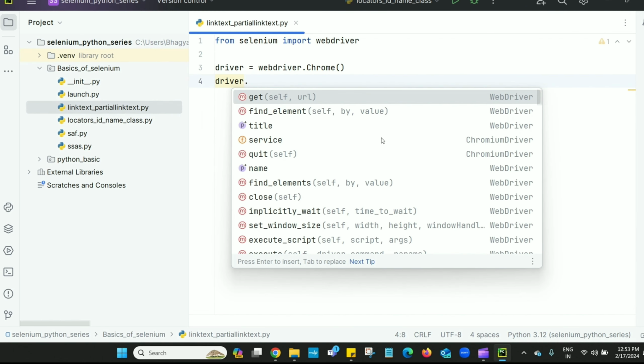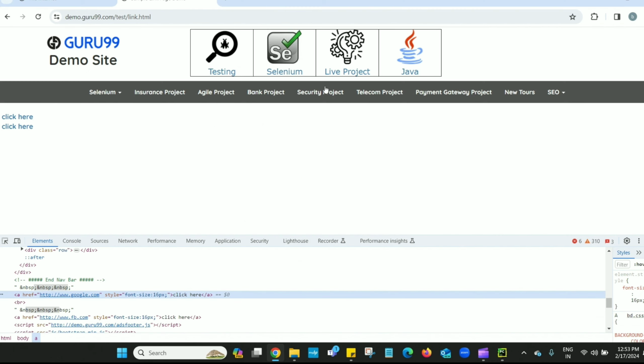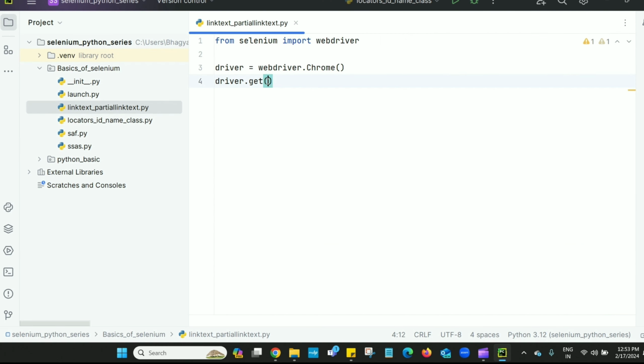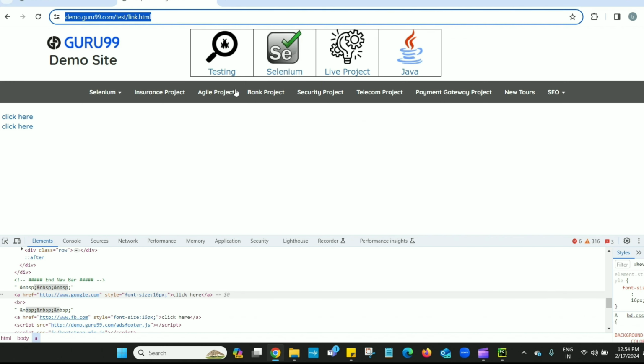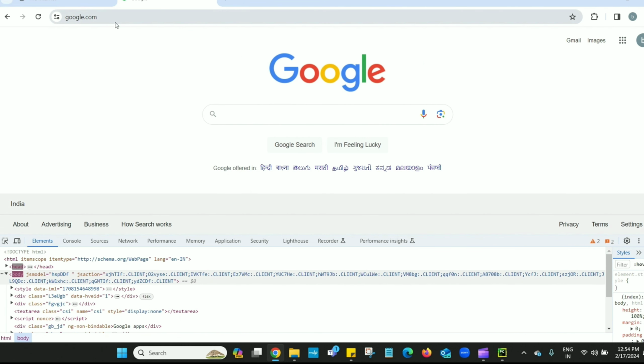From Selenium, I have imported WebDriver, and I want to launch the Chrome driver, so driver is equals to webdriver.Chrome. Now driver.get, and by using the get method we can open the page, and here I have to pass the address of the page. So this is the address. Now I want to click on the first click here link. If I click on this link, then the google.com page opens.